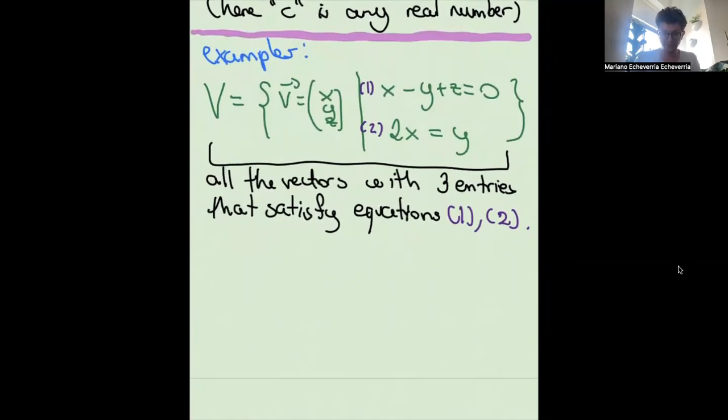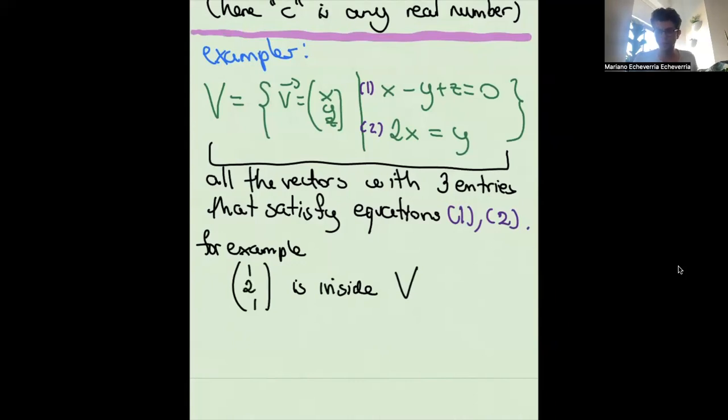what's a vector that's inside this vector space? So for example, let's see. Right, for example, if you take 1, 2, 1. So my claim is that 1, 2, 1 is inside of the vector space, is inside of this set, because